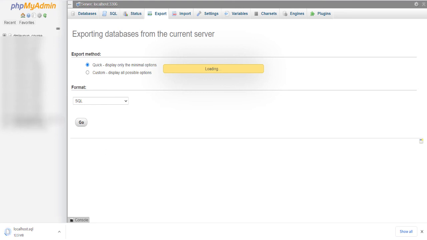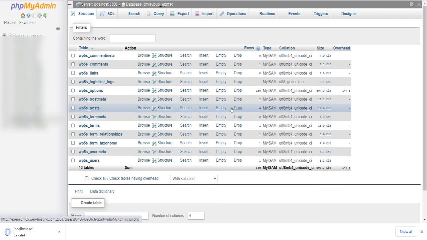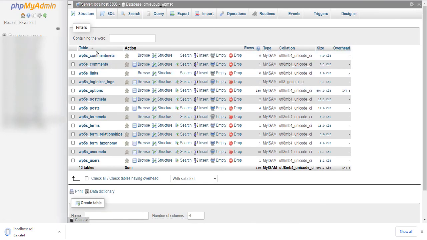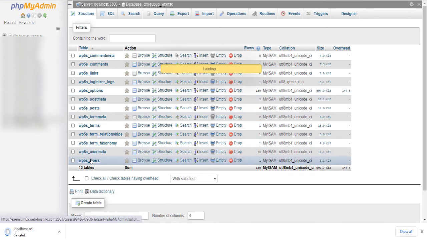I'm just showing you. Here in my WordPress you can see I have a username. Just click usernames to see how many users we have.